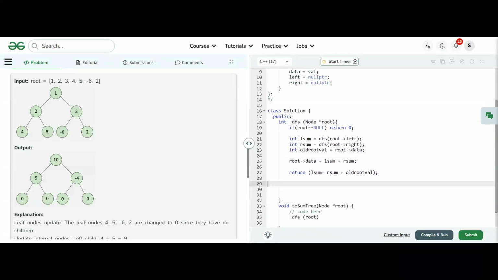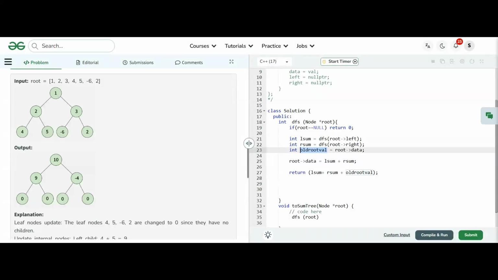I calculated left sum, I calculated right sum, and the old root value, because I need to return it since it will be changed. The whole function should return the sum of the entire node. Suppose I'm sitting on this 2, I calculate the left sum, that is 4, and the right sum, that is 5.